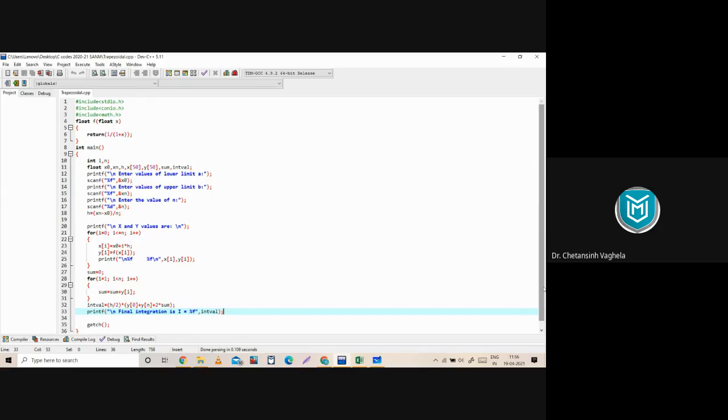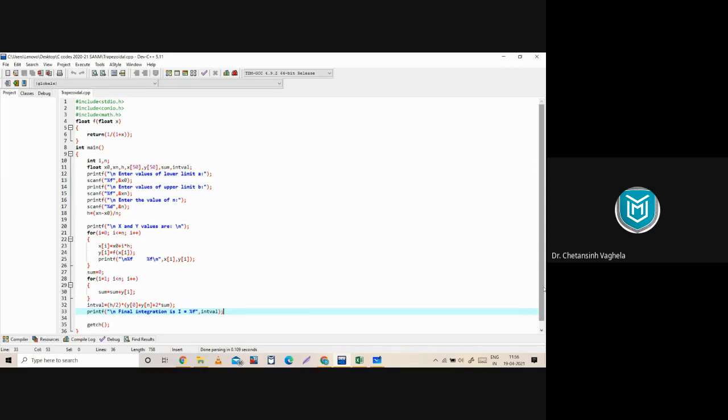So now we have successfully compiled and executed the program of trapezoidal rule, right? Now I will explain how to convert this trapezoidal code into Simpson 1 by 3 by making only a few changes. Because process wise, trapezoidal and Simpson 1 by 3 are very much similar, only the formula is different.